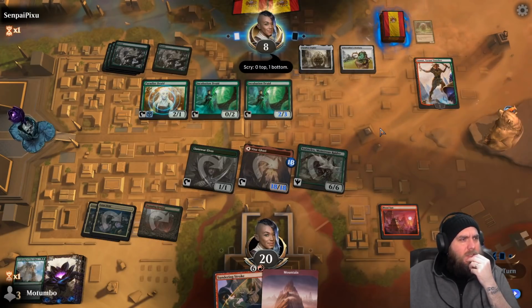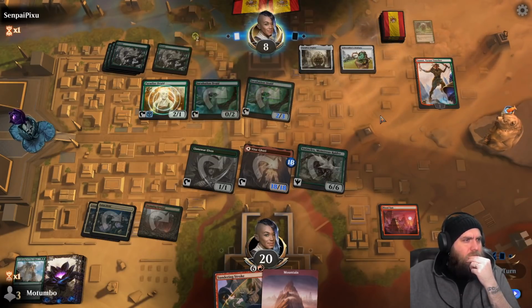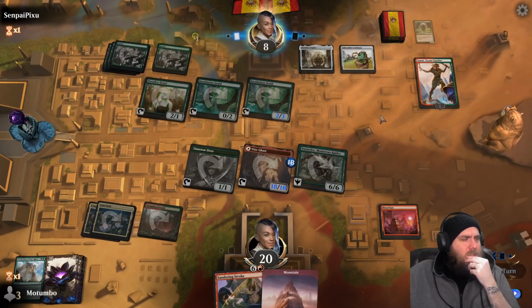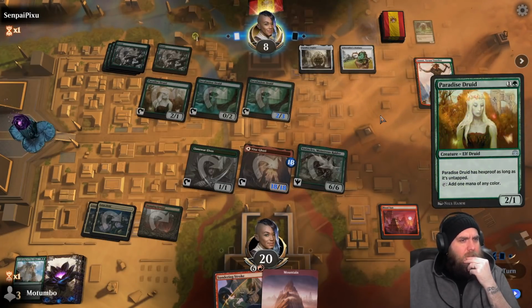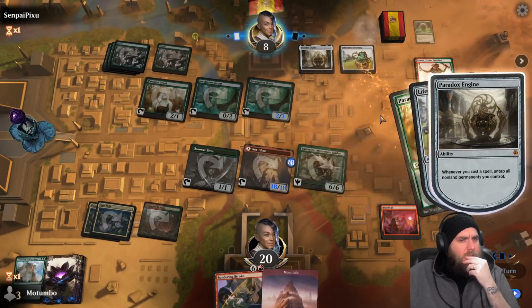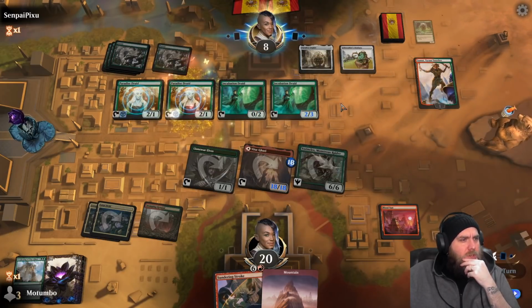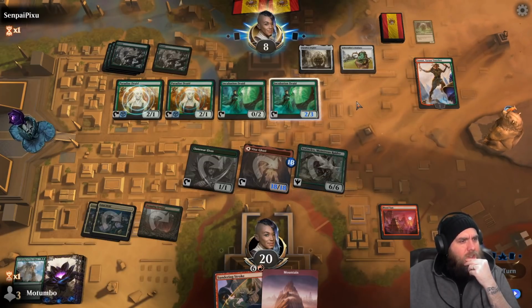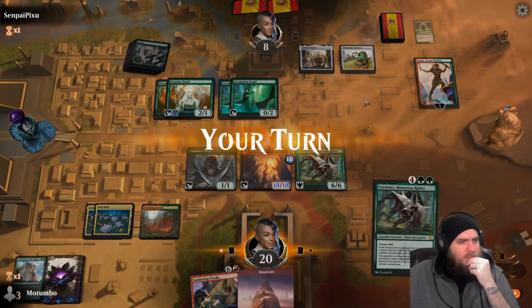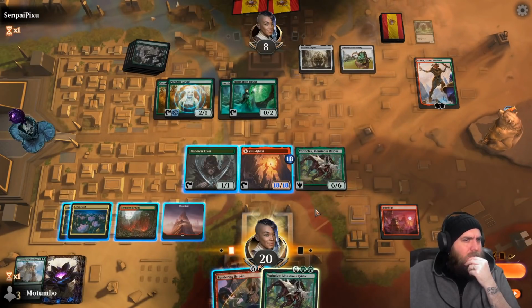Okay, they are scrying to the bottom. That's good. They're on a redraw, right? So they're pretty much drawing to where they have to draw a creature. They didn't hit. That's good. Well, luckily for us...